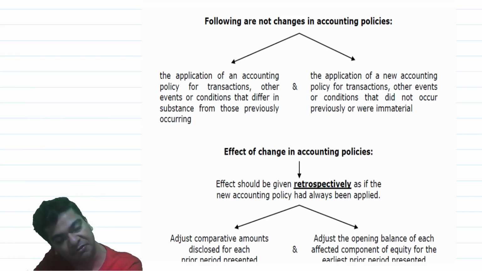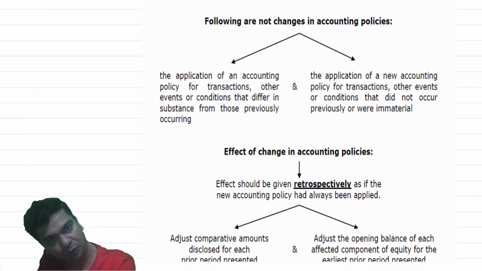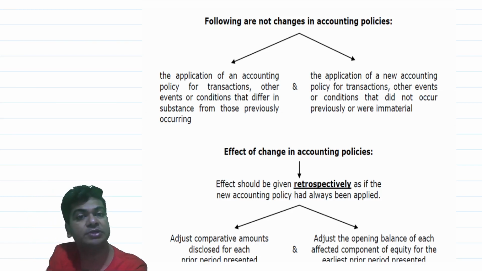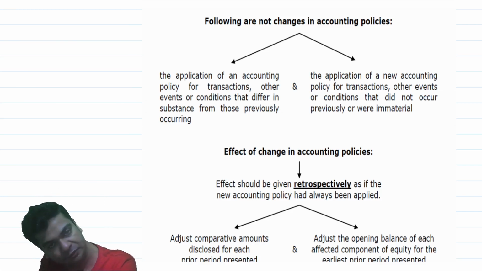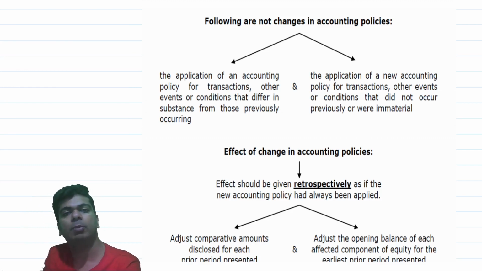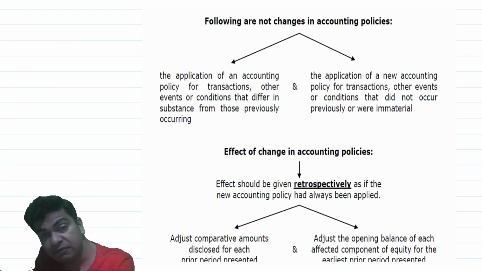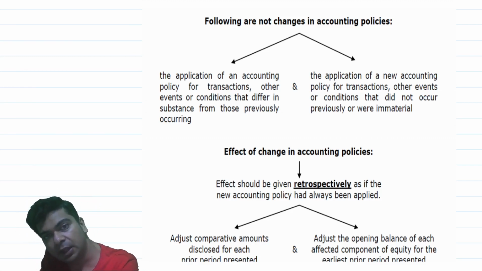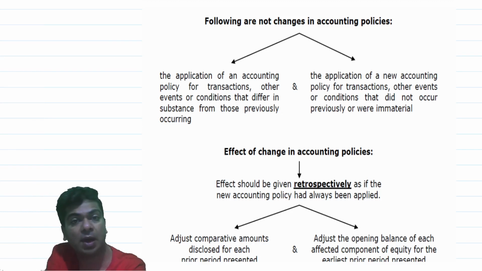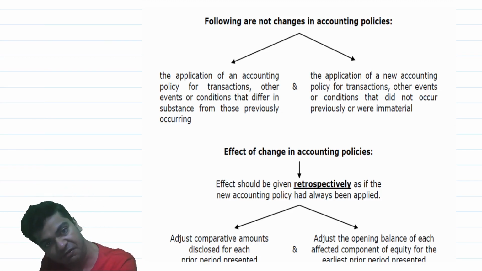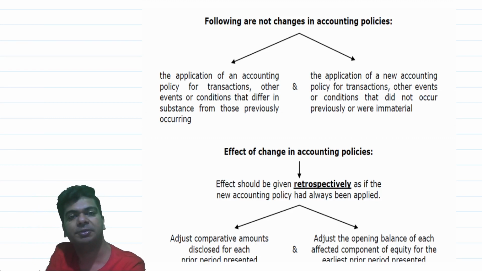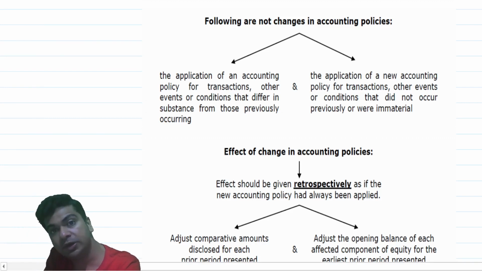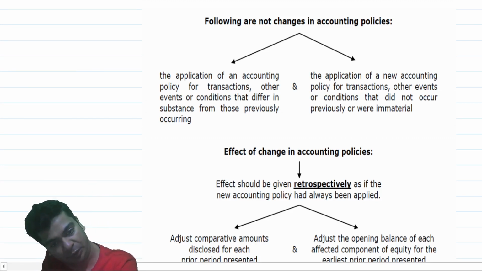You are changing the way you are doing your business. If you change the way you are doing your business, then obviously to reflect the new conditions of the business, you will require a new accounting policy. Here, when you are selling those carpets, now that the work of fitting the carpets has got outsourced, you are doing the business but in a different way. If you are doing the business in a different way, then you will require a new accounting policy which will reflect the new circumstances of the business. That's the reason we cannot really say that this is a change in accounting policy.